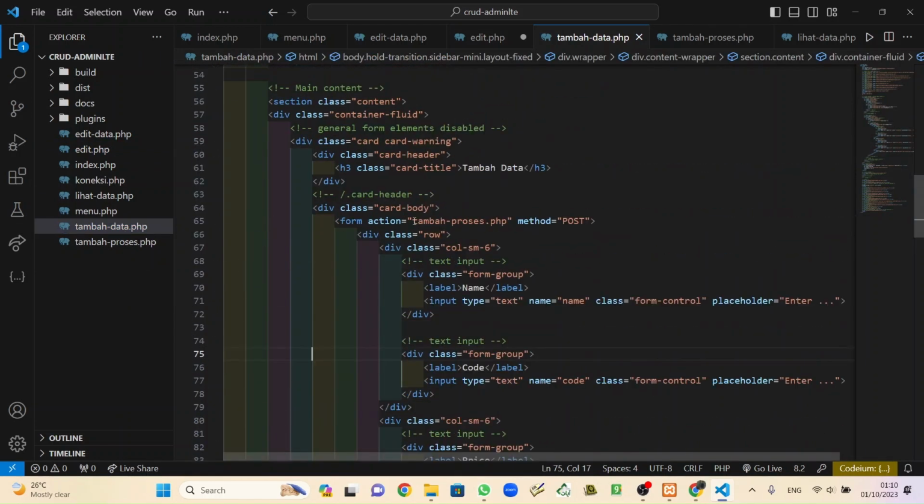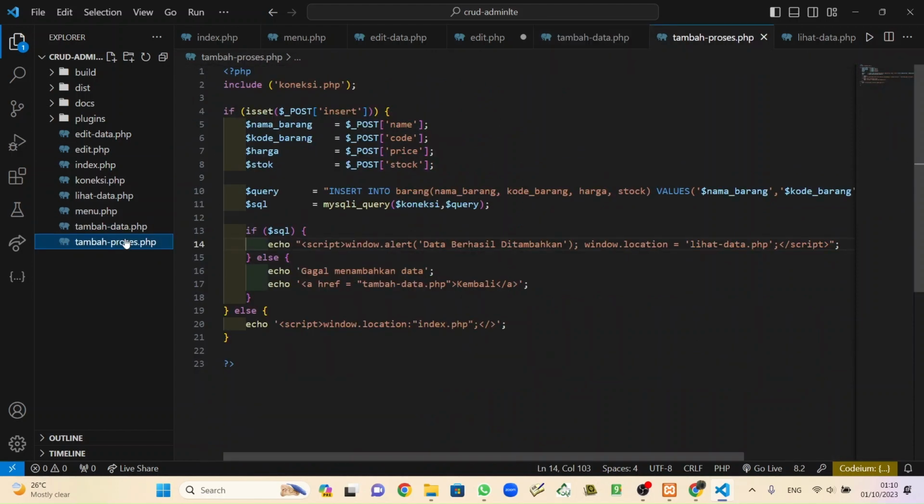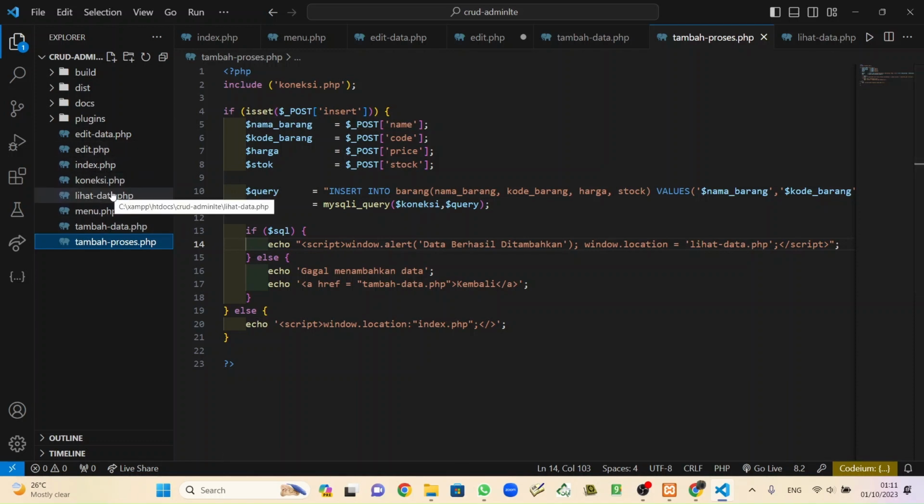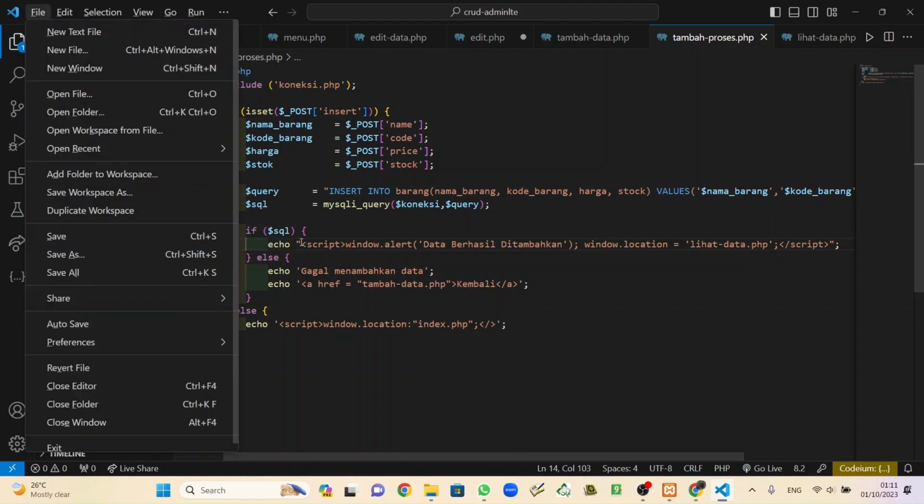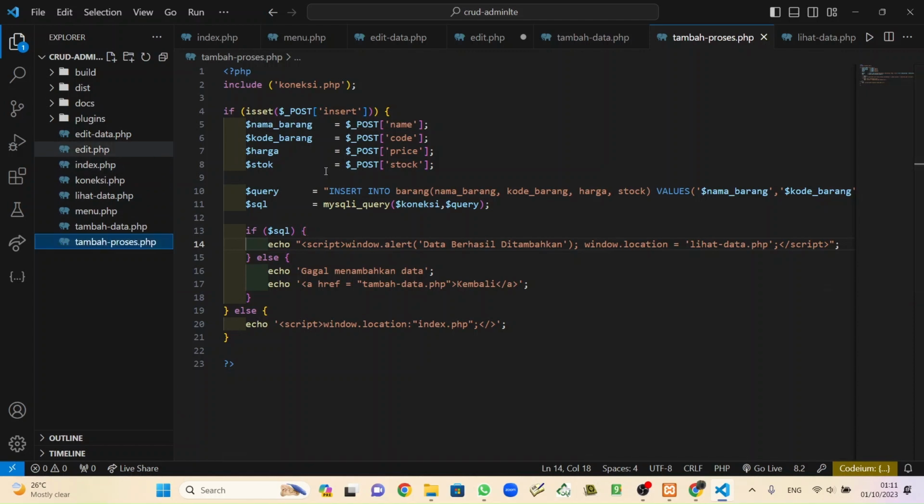No, tambah data, not that, tambah process. So it's the same like this, I think. No, I'm sorry, that's wrong. Maybe we can type that by ourselves.